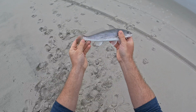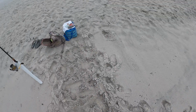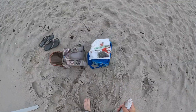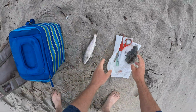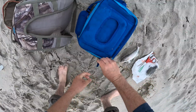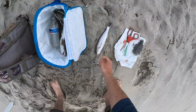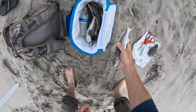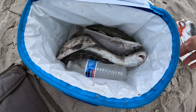I cooked a bunch of these up yesterday too, and they were awesome. Still a little seasoned flour. Fried them in oil, real simple, and they were fantastic. Everybody loved them. So you guys probably don't want to sit here and watch me catch kingfish all day, so